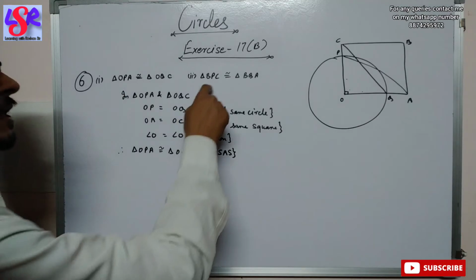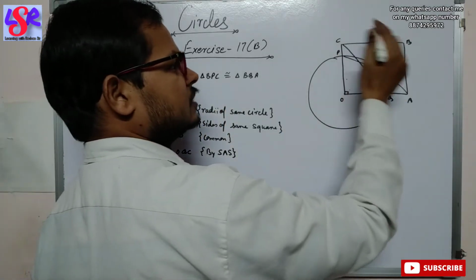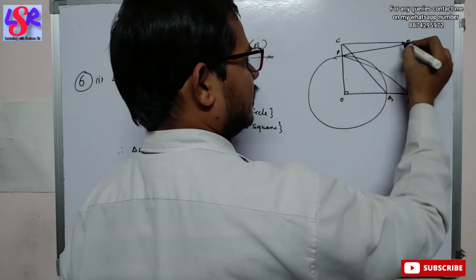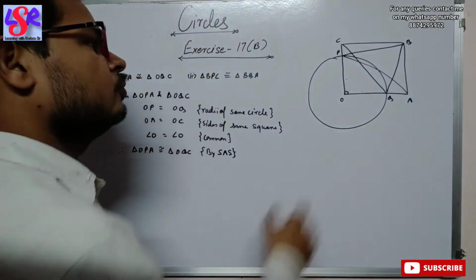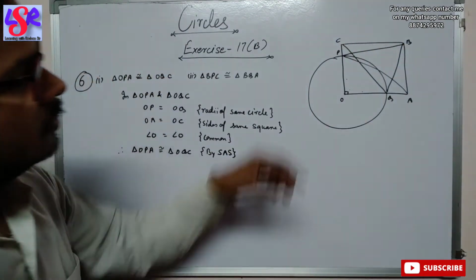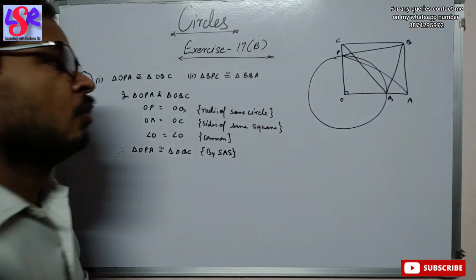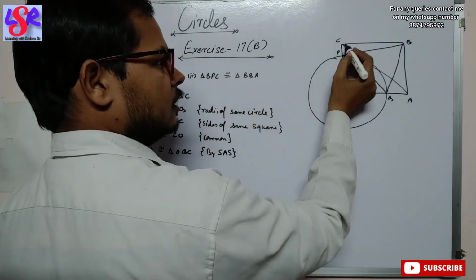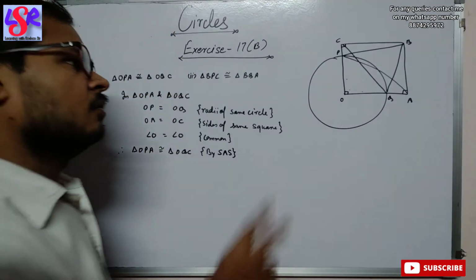Now we'll move to the second one, BPC and BQA. So BPC is this triangle, and BQA is this one. We are going to prove these two triangles congruent. In this one, we have this side equal to this one as the sides of the square. We can take this angle equal to this angle as the vertex angle of the square, and we need the third